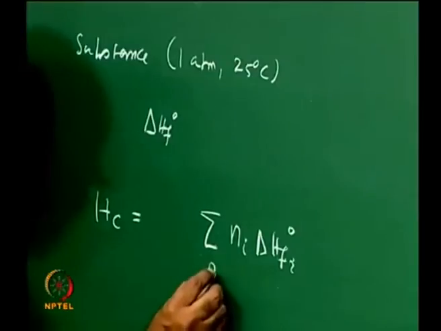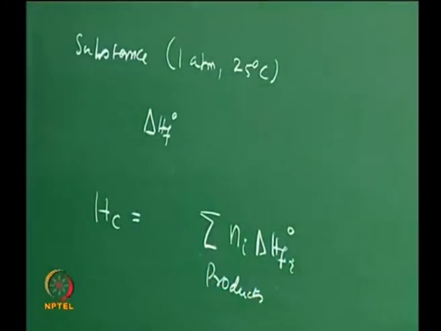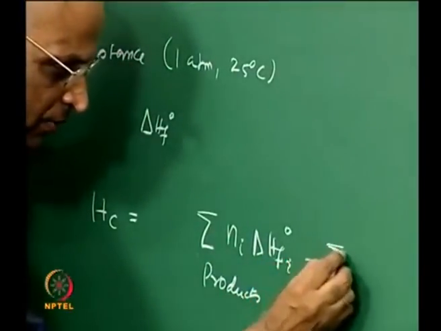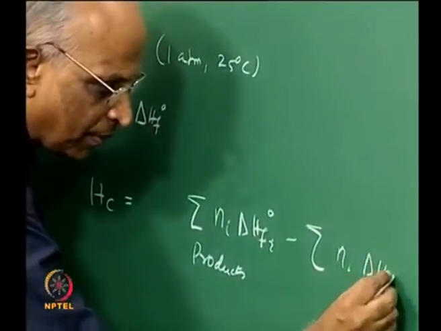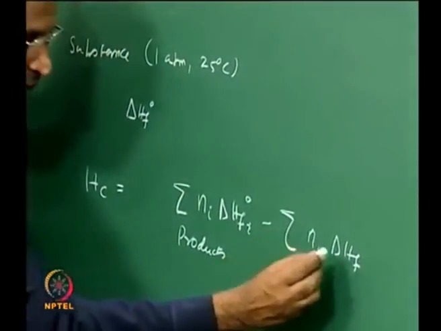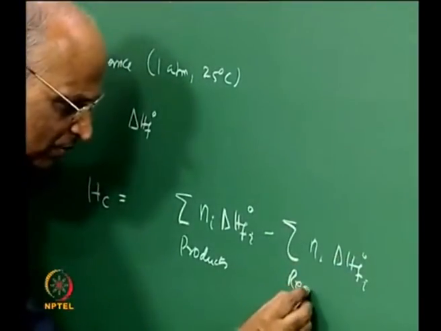Well, this defines the heat of formation of the products. Now, I subtract from it the summation of heat of formation of the reactants, again the ith substance, heat of formation at the standard condition for the reactants,